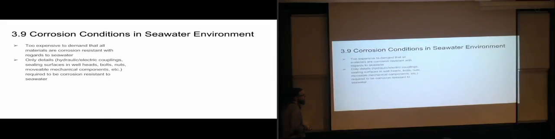So this means that we only do this for details in our design. For an example, hydraulic or electrical couplings, the sealing surfaces in wellheads where you need to have a tight seal with regards to pressure, bolts, nuts, and movable mechanical components, because you really don't want something that's supposed to have movement. If this rusts a lot, it's going to basically